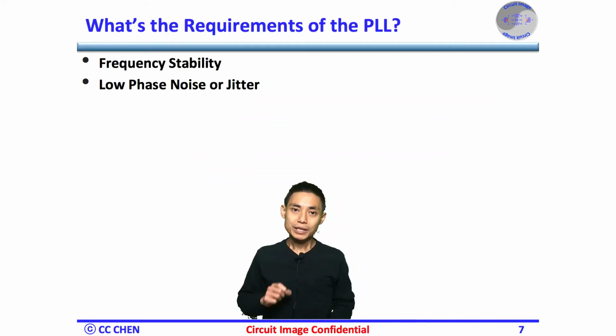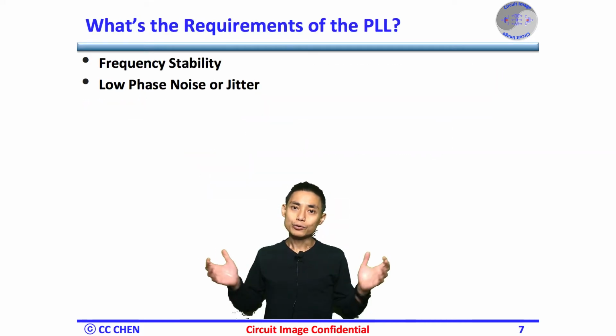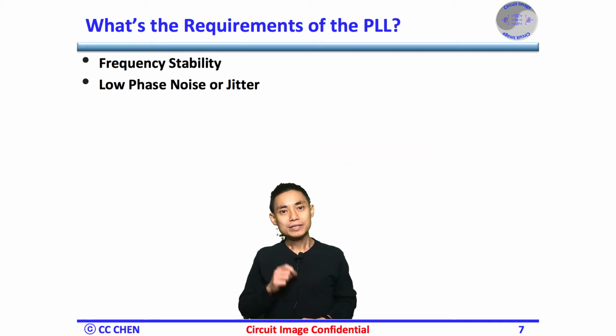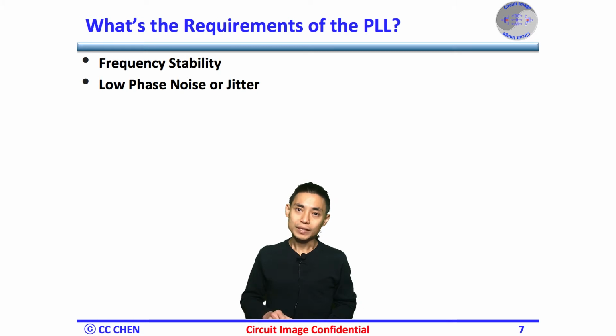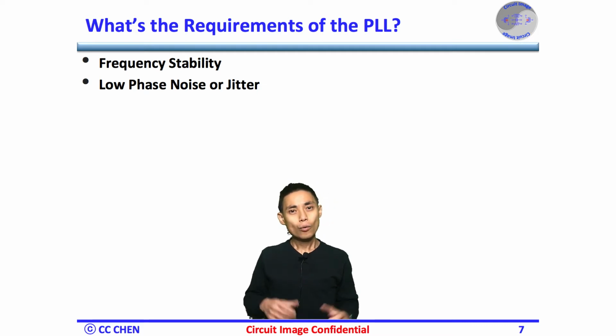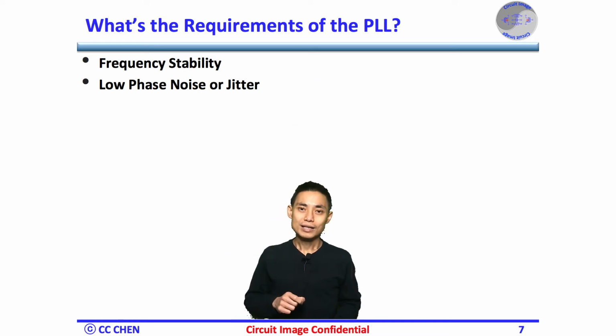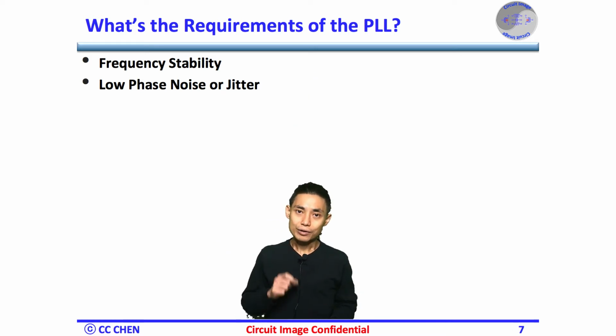After knowing why the PLL is a must, what are the requirements of the PLL? Yes, the most obvious requirement is the frequency stability. In other words, the frequency must be fixed without moving. The constant frequency during the operation will make all systems predictable and reliable. What else could be the concern? Yes, noise. The circuit may have the noise inevitably, and those phase noise or jitter will still break the system operations.